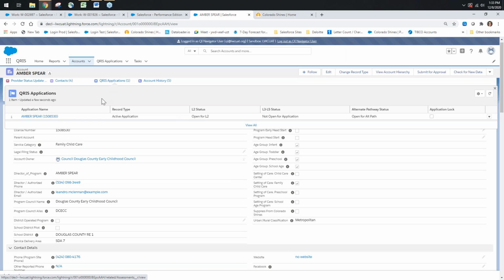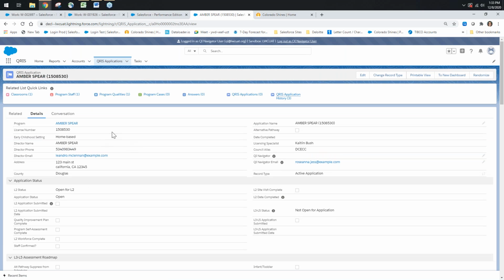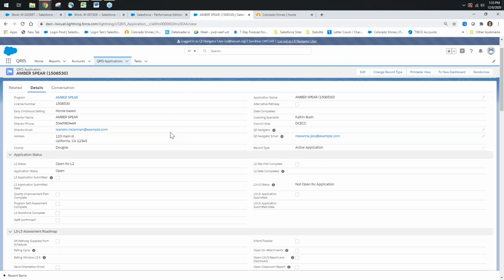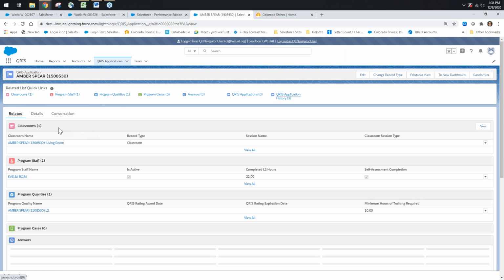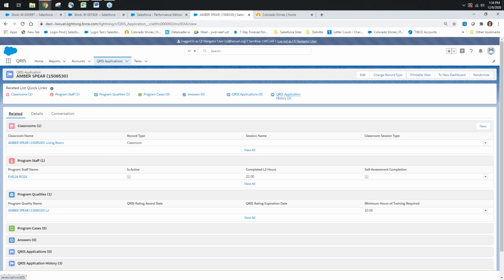So we're going to go into Amber Spear's QRS application, and same thing as with the accounts, the related lists are on a separate tab there. So you can see she's got a classroom and she has program staff, and there's the program quality record, etc. So if we go back to the